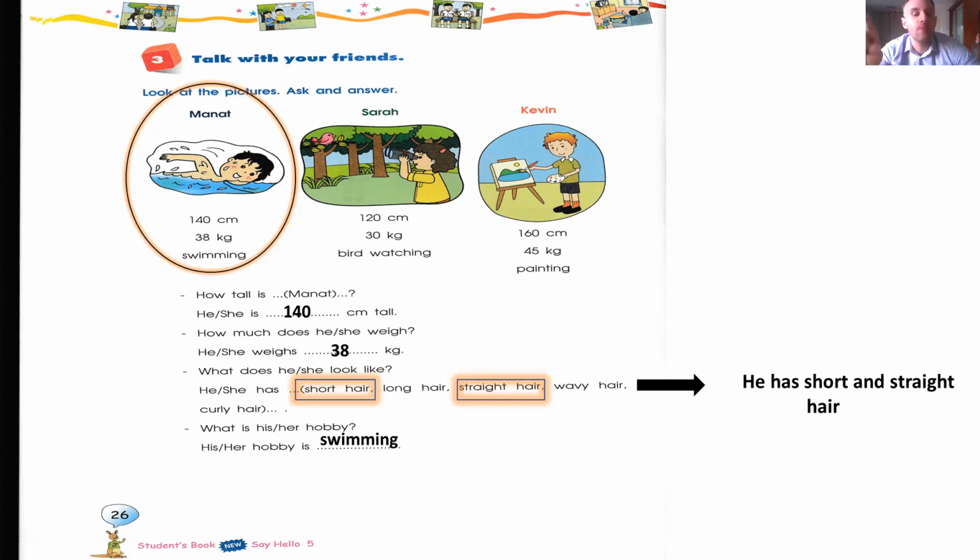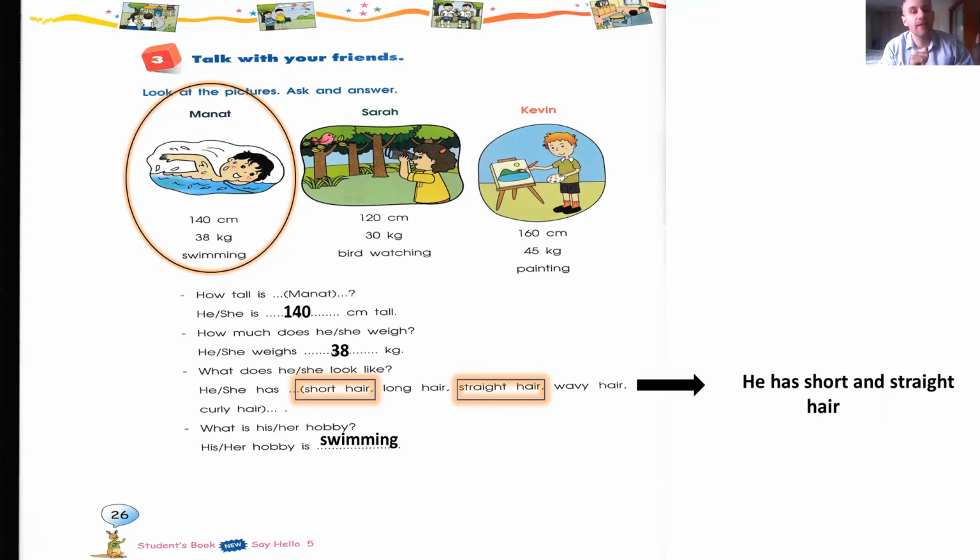Here you must use, he has short and straight hair, because we speak about the hair. You will not say he has short hair and straight hair. He has short and straight hair. And what is his hobby? His hobby is swimming. For you, take your time and try to read that. Now we go